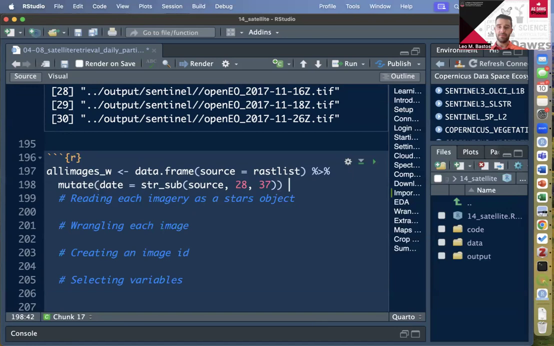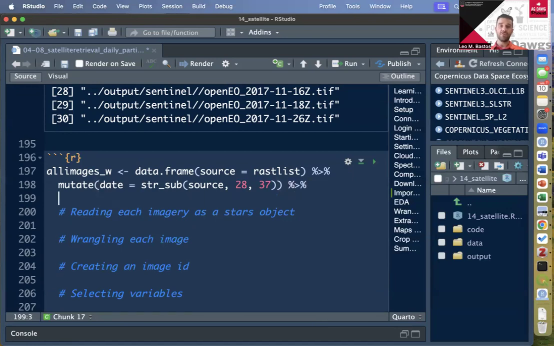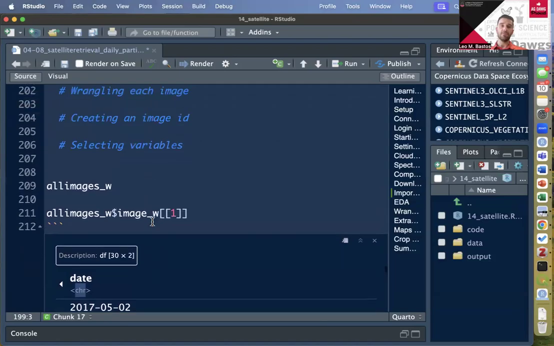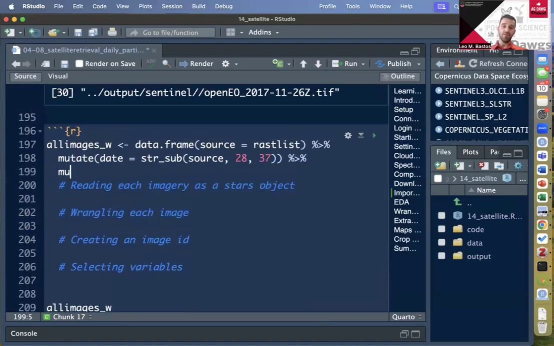And then next, I do want to transform. So right now, this date column is character. I do want to transform this to a type date in R. So we're going to use a mutate here. I'm going to overwrite on the same column name, so date again. We're going to use a function